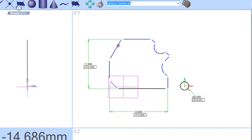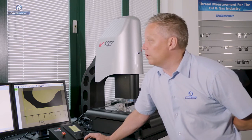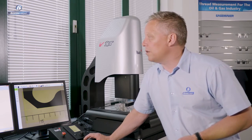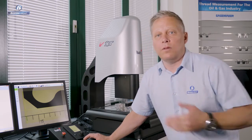So if I want the angle between these two lines, I'll simply select those two lines, and the software intuitively gives me the right dimension type according to the selection I've made. Now, a lot of people like this style of reporting. As engineers, we're all used to reading engineering drawings. So basically, I'm arranging this view just like the drawing, the manufacturing drawing, that I'm using to